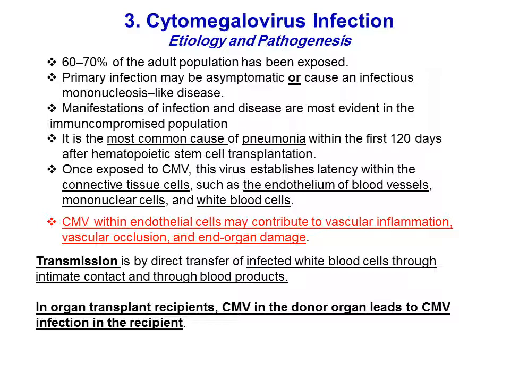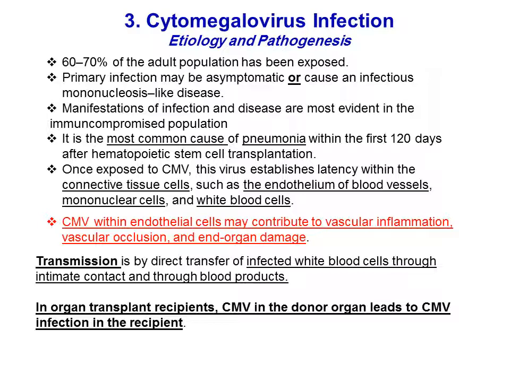About 60 to 70% of the population may be exposed to such types of viruses. A primary infection of cytomegalovirus may be asymptomatic or may present like a mononucleosis-like disease. The manifestation of the infection is more severe in immunocompromised patients compared to immunocompetent patients. It is the most common cause of pneumonia after hematopoietic cell transplantation, within the first 120 days after the